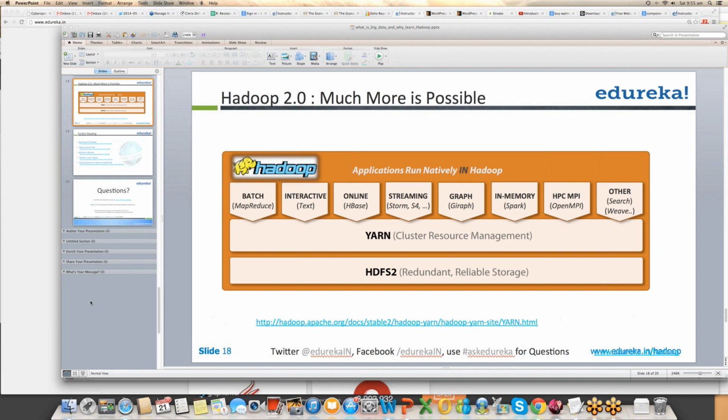Now, there's another question from S. Jha: is there any disadvantage of using Hadoop if the data volume is low? Yes. If your data volume is really low, it's not recommended to use Hadoop, because the overheads associated with breaking and storing these files will be much more than the advantages you'll get. So if you have small data, you don't need to use Hadoop. If you have data upwards of, say, 10 terabytes, or if you expect your data to go above 10 terabytes, then that is the time when you should move into it.